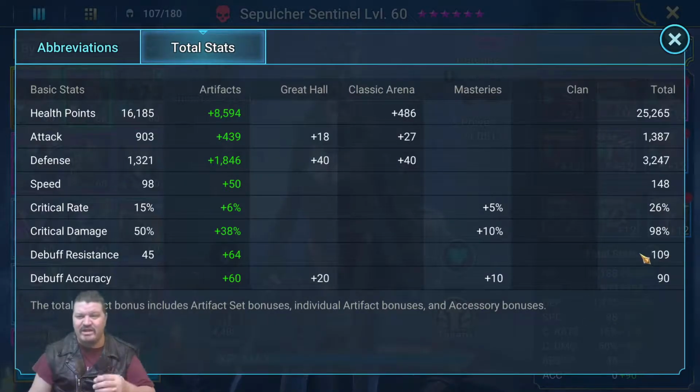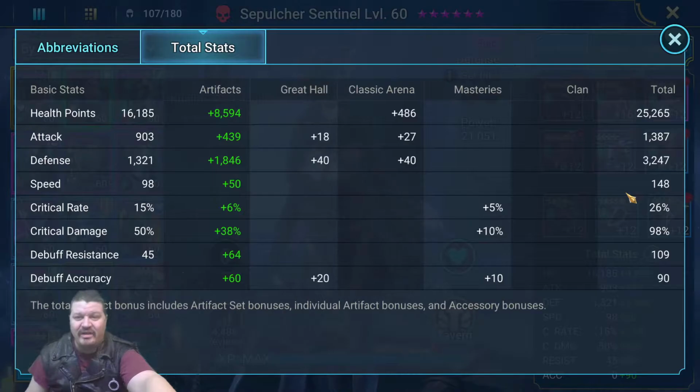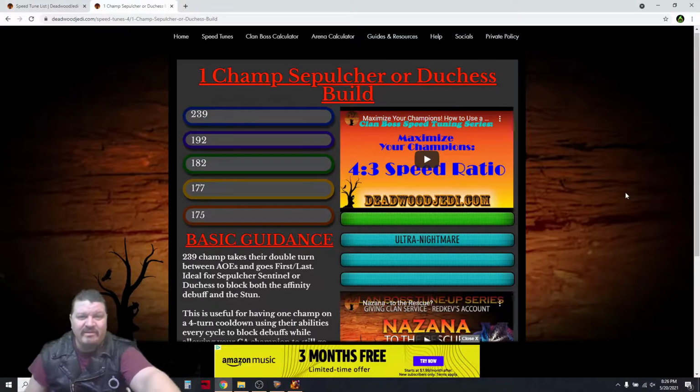Her crit rate and crit damage don't really matter. I find that she actually does a pretty decent clip of damage, even with only a 26% crit rate. Her speed is where you're going to need to focus. And since we're here, let's go ahead and take a look at a website of Deadwood Jedis. This content creator is